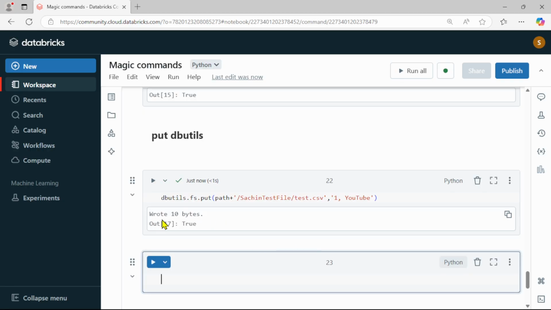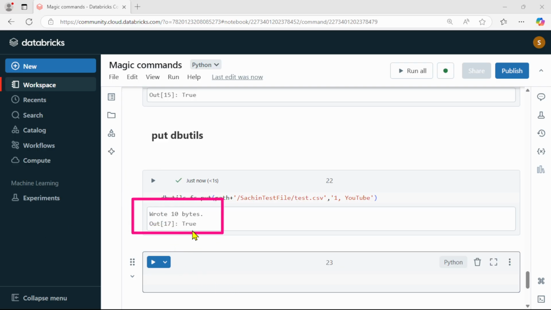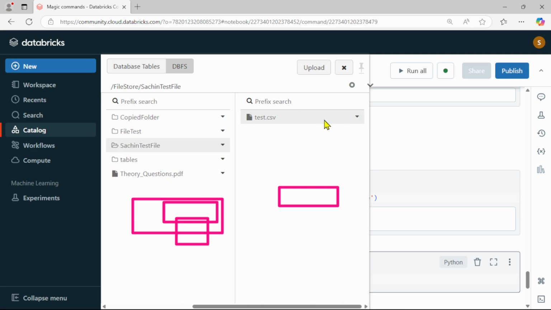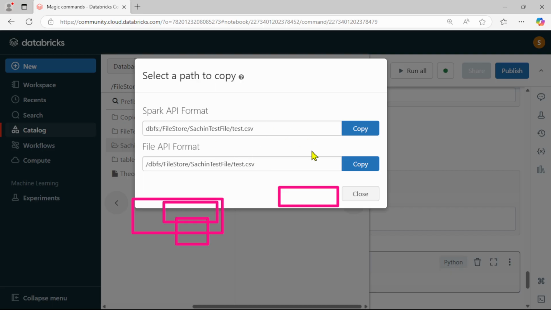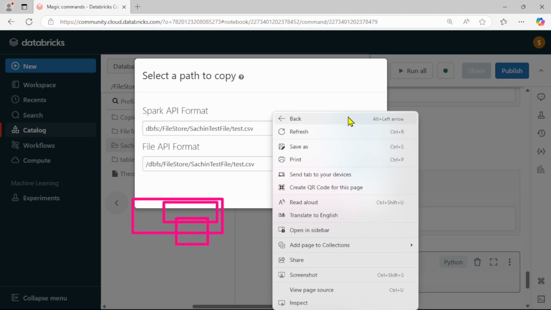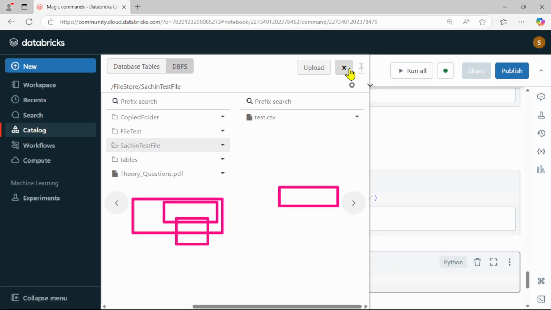All right, can you see it's just creating 10 bytes. Here we had 10 bytes, and this is also showing true, which means we have created this CSV file with one row or one content inside it, and this is occupying 10 bytes. Let's see manually whether we have created it or not. Go back to catalog, click on DBFS, click on file store, go back, test CSV. Can you see this is showing this test CSV, right? Now I'm going to right click and copy this path, close it, and let's see